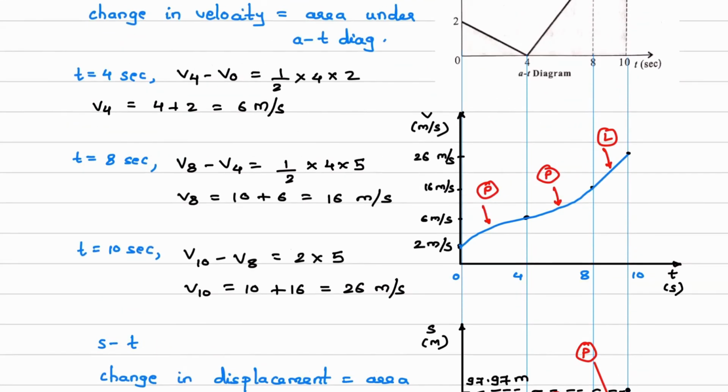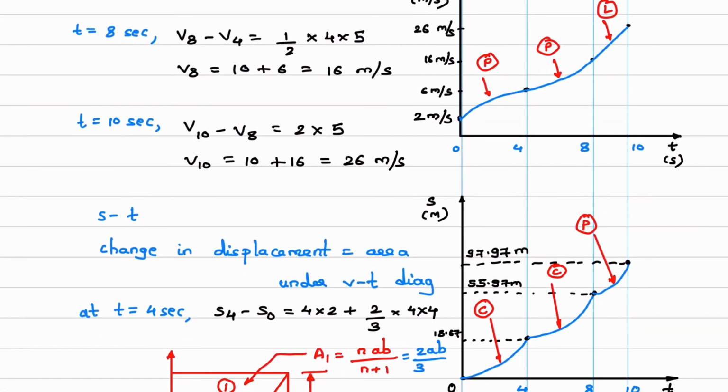And what about the nature of the curves on the ST diagram? This is parabolic, so this will be cubic, and this is linear, so this will be parabolic. Okay, what about the nature? Velocity is the slope of the ST diagram. Velocity is increasing everywhere, so the slope should increase everywhere. And since the value is positive, everywhere you can see the curves are of the same nature. Okay, but it will be cubic and parabolic.